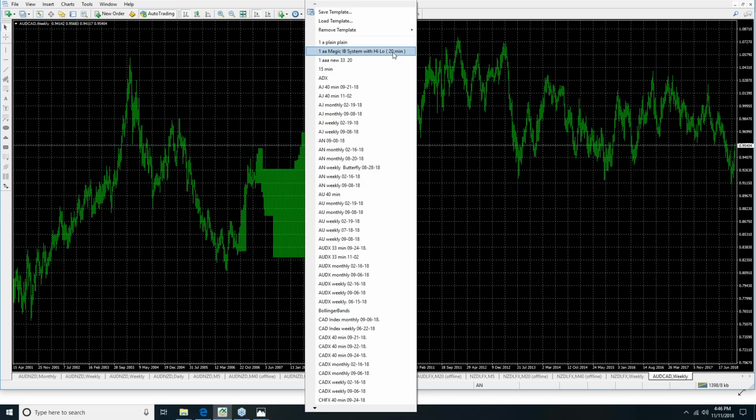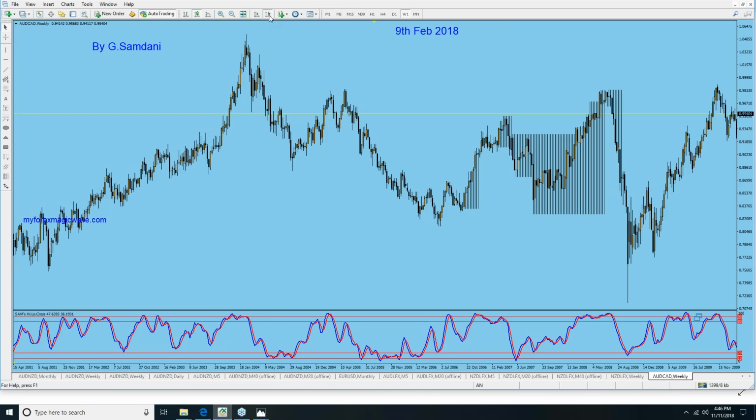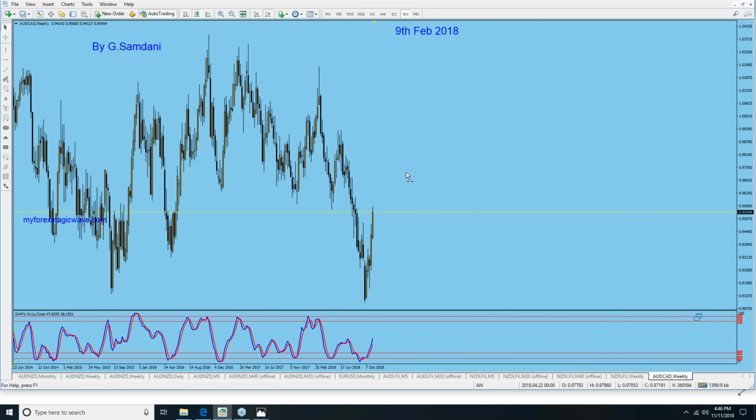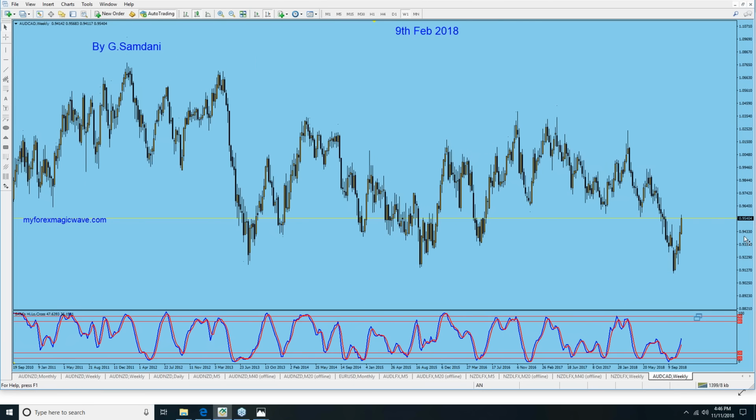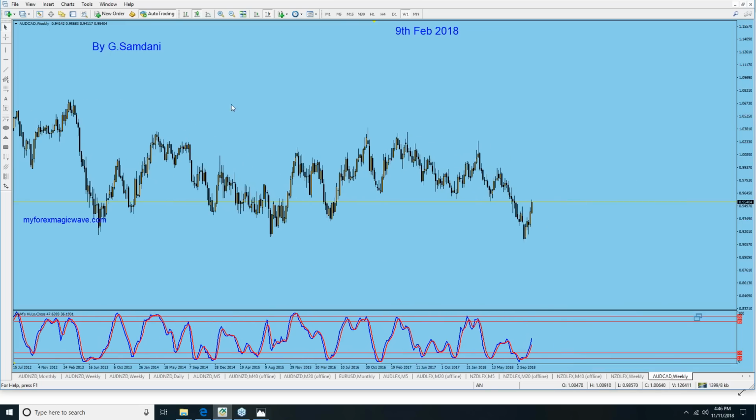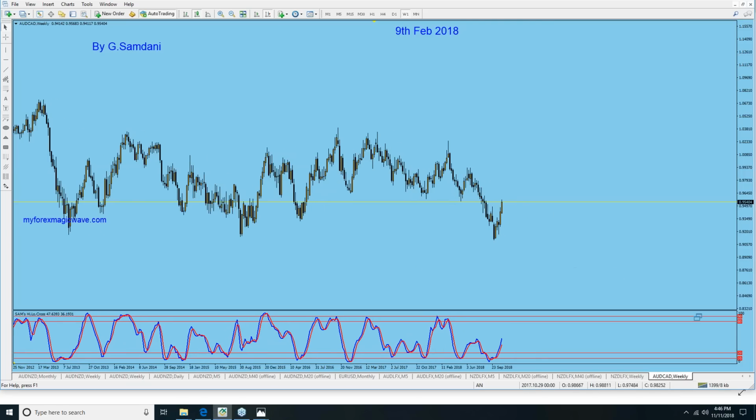Let's see, now, plain, weekly. Okay, here we go. So this is how it is now, Aussie CAD, but because of this Aussie strength and CAD weakness, it went up. Now you can see here, that's what I'm talking about. If you look at it, you'll find some very good setups. This is the low here, and we got stopped here right now. If Aussie is turning to the downside, even if CAD doesn't get strong anymore,